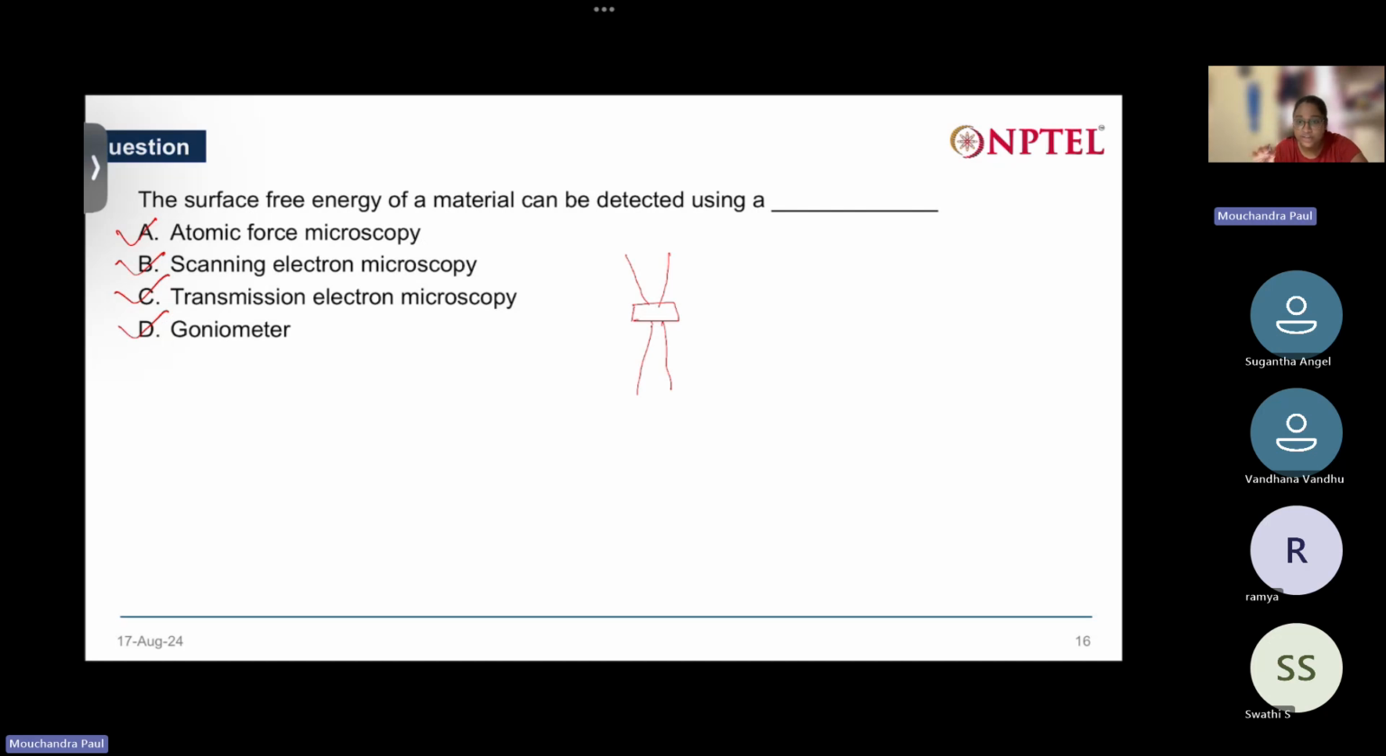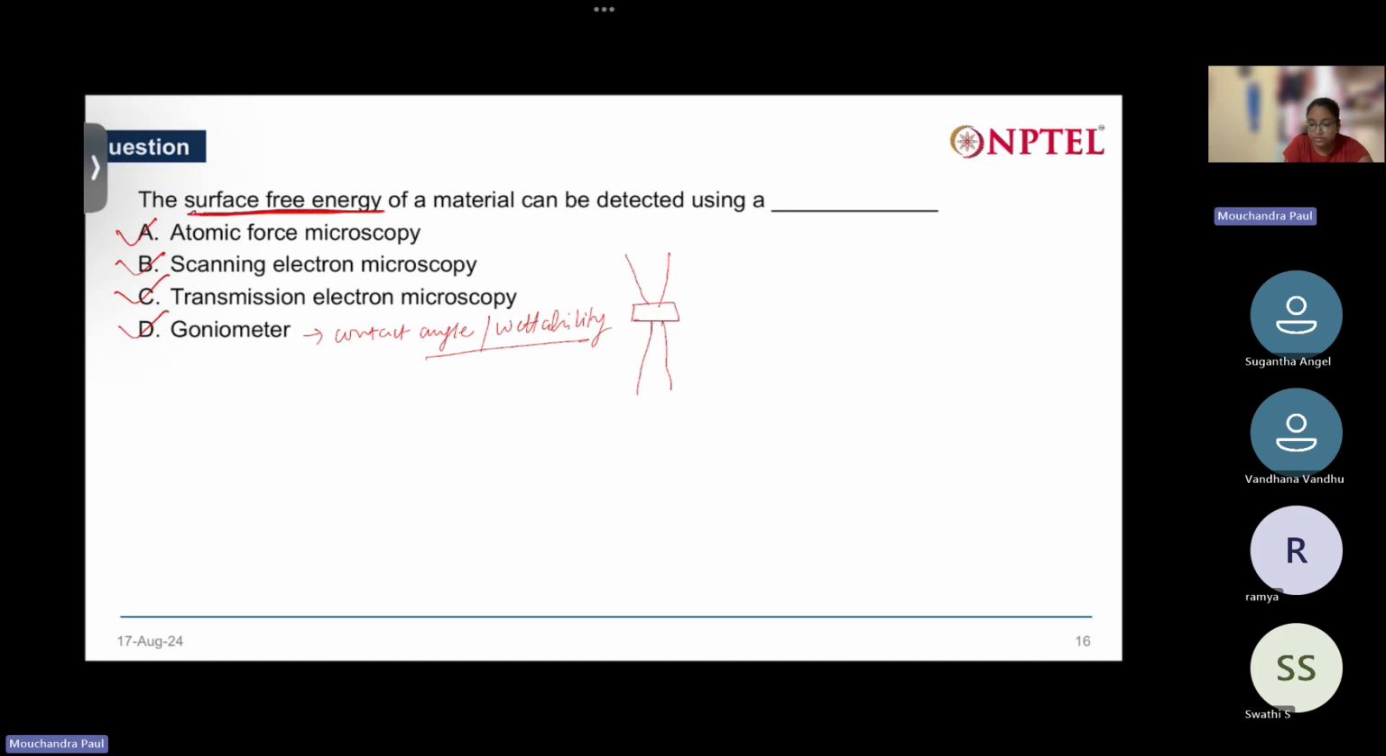This is a very, very powerful technique that can tell you about the structure inside the bulk of the material, as the beam is passing through. Goniometer is basically the instrument used for measuring contact angle or quantify the wettability. Okay. So now here the question is, we have to tell which of these techniques can be used to measure